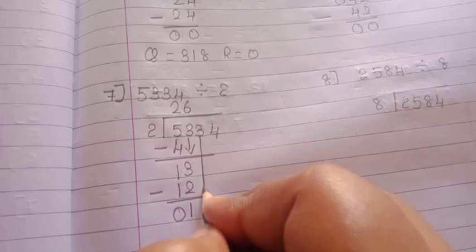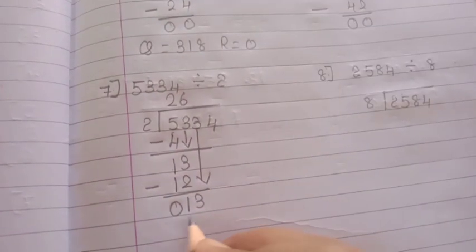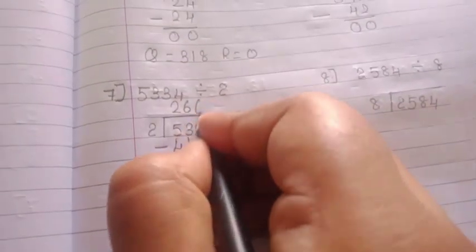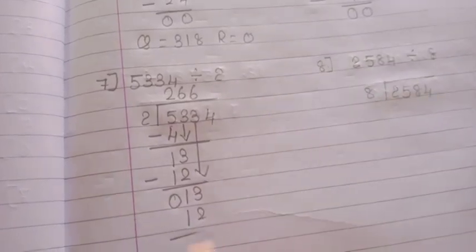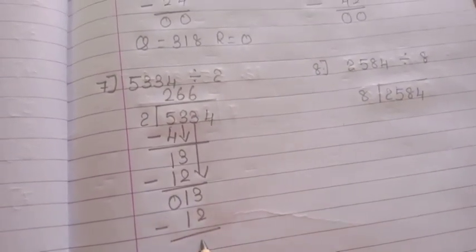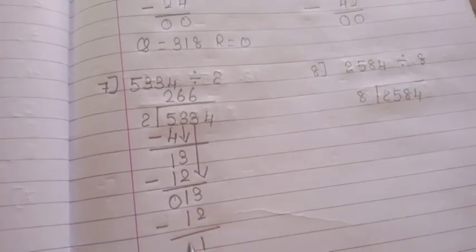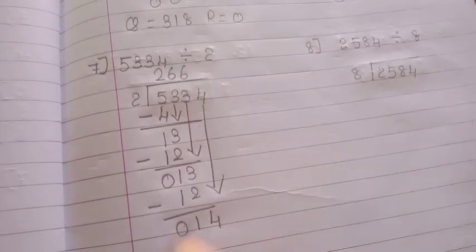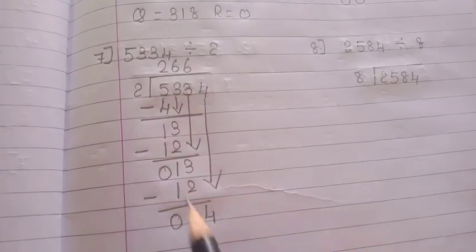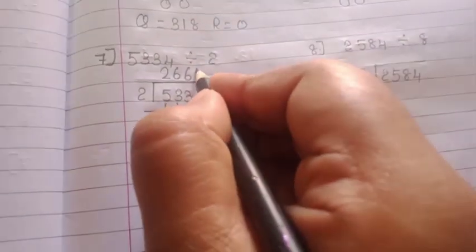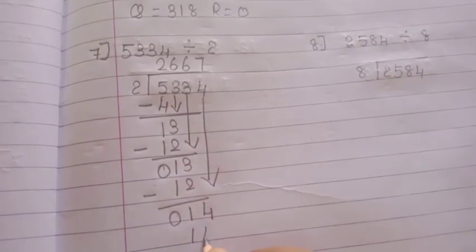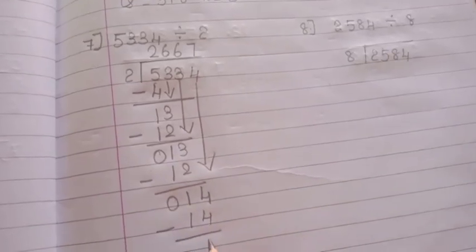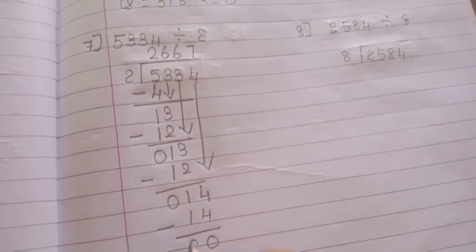Now we will carry down this 3. So again it will become 13. Again we will take 2 6s are 12. Now we will do subtraction. 3 minus 2 will get 1, 1 minus 1 is 0, and this 4 is left, that we will carry down. It will become 14. Now in 2 table when 14 will come, yes, 2 7s are 14. So 4 minus 4 is 0, 1 minus 1 is 0.